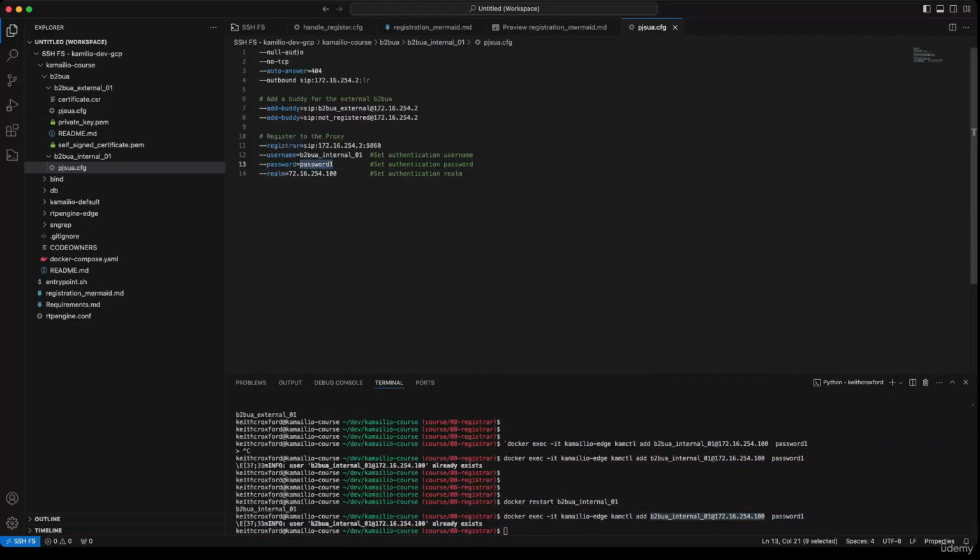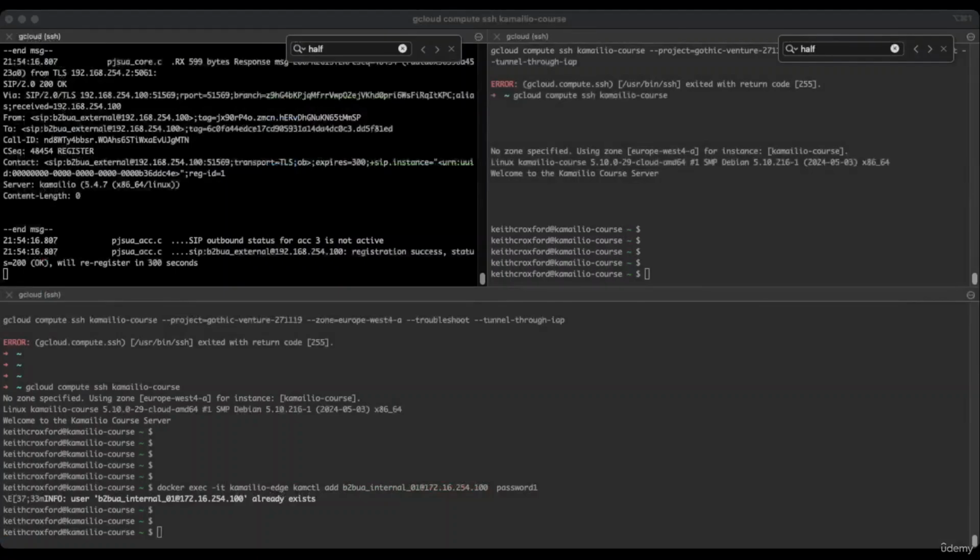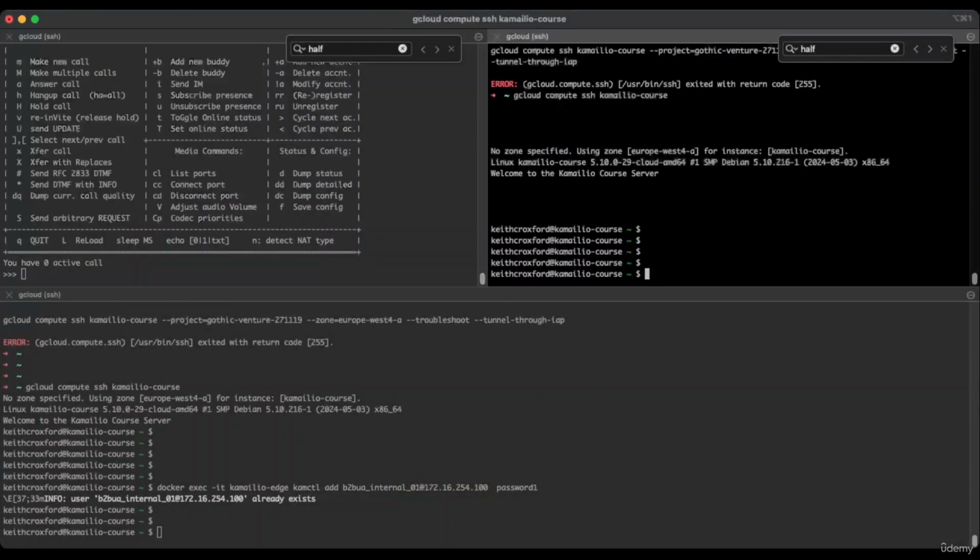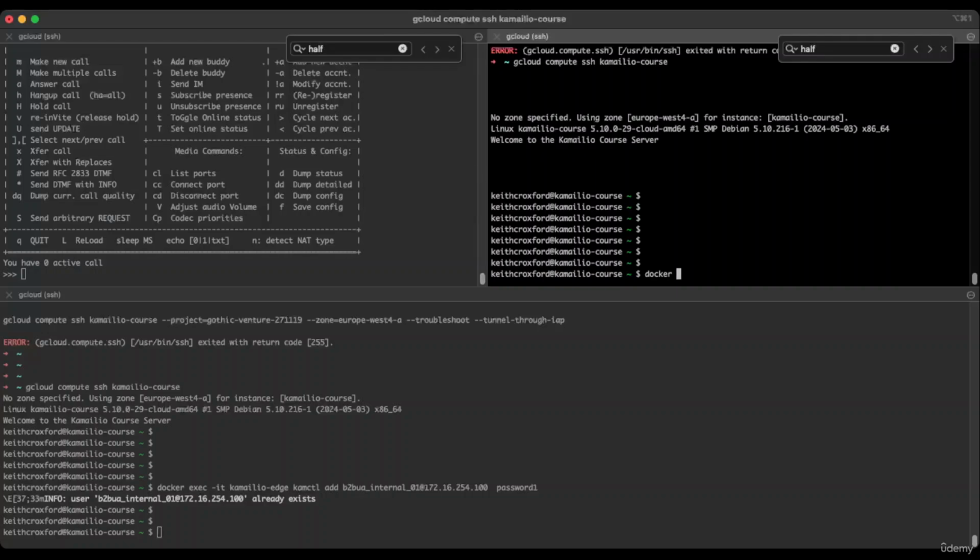The password being password1, super unsecure, and then make sure I put in the right IP, 172.16.254.100. So in theory, if we just switch over and do a docker restart back-to-back UA internal 01,